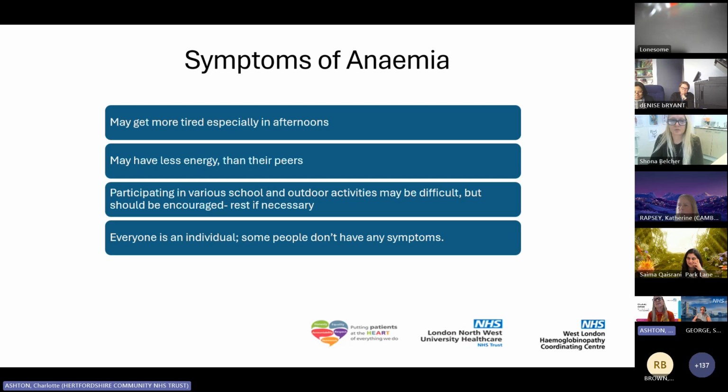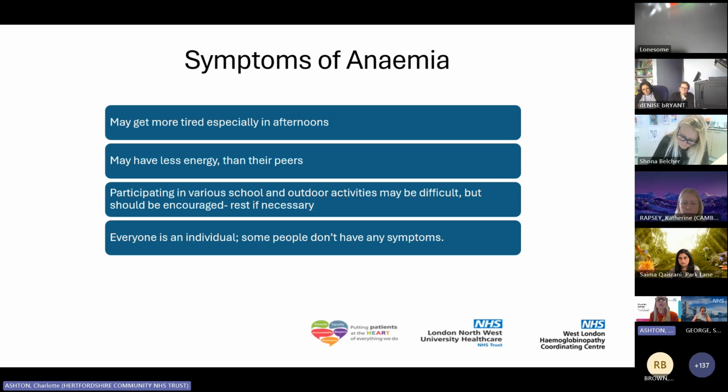So please listen to the children's voice, and if they are unable to participate, please offer them a suitable alternative inside. Strenuous exercise involving exertion can trigger a sickle cell crisis. So whilst we encourage exercise because the heart is a muscle and needs to be worked, we do want our children to participate, but it is important to listen to the pupil and the parent because they will know their